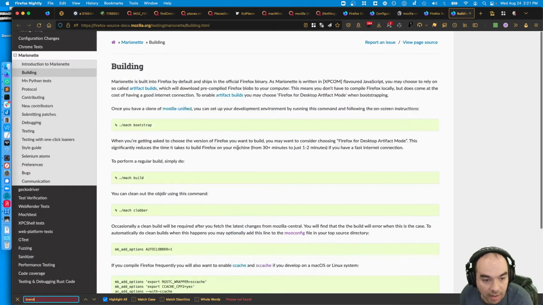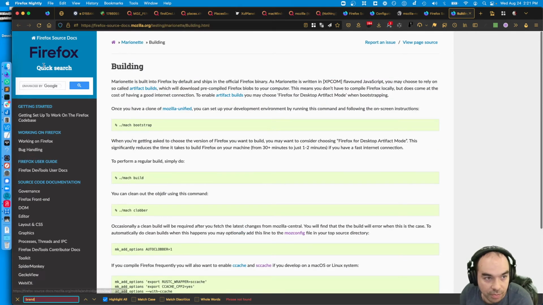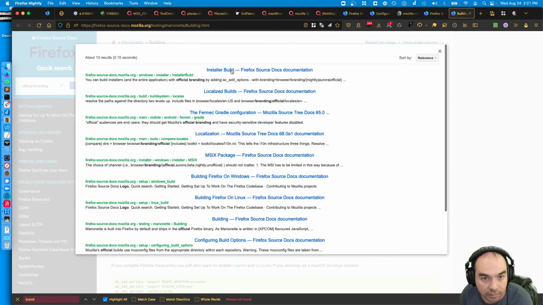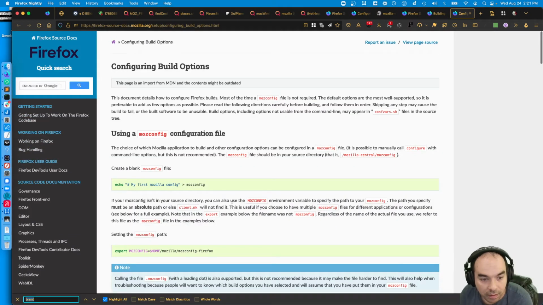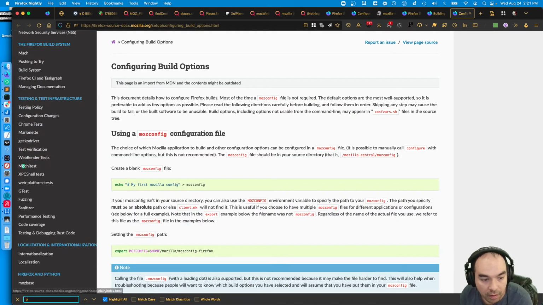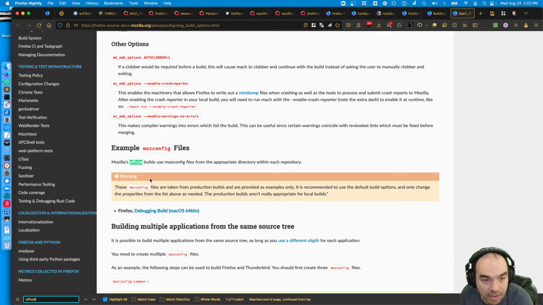I think there's an argument to the configuration that's like use official branding. Localized builds. Mozilla's official builds use Moz config files. It's recommended to use the default build options. Yeah, production builds aren't really appropriate for local builds.